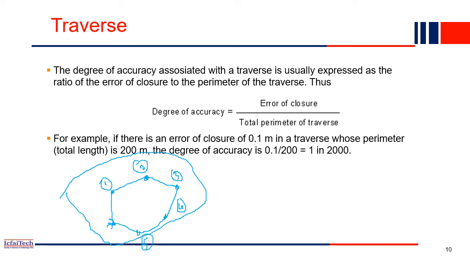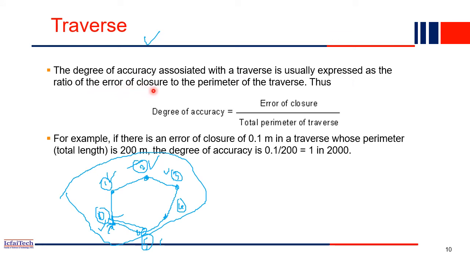This type of surveying we call traversing. Traversing means we start from number 0, maybe for the beginning, and from there we find out 1, 2, 3, 4, 5. Again we go back to number 0, connecting to number 0. So this type of surveying we call traversing. We start from a point and traverse through different control points, ultimately coming back to the original point. In traversing, the degree of accuracy associated with the traverse is usually expressed as